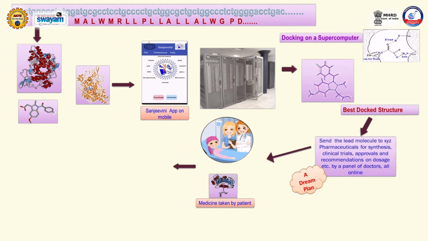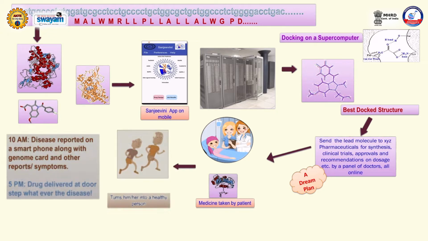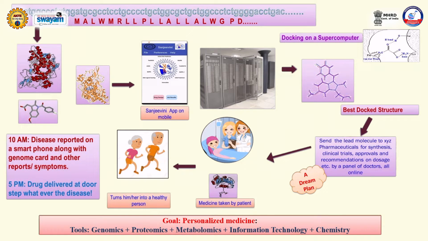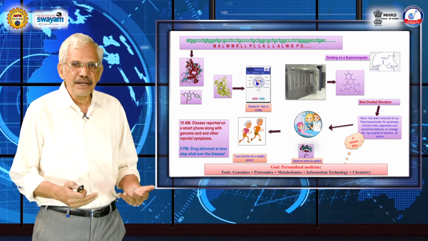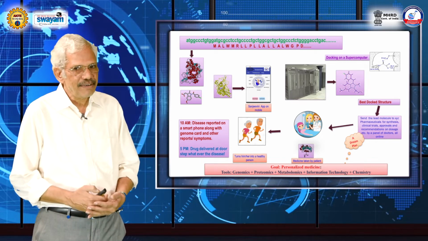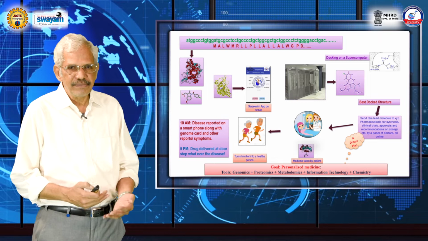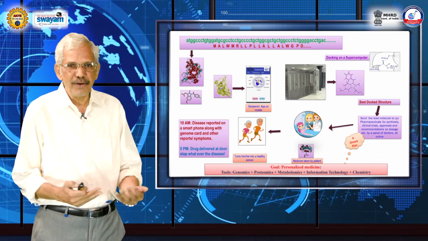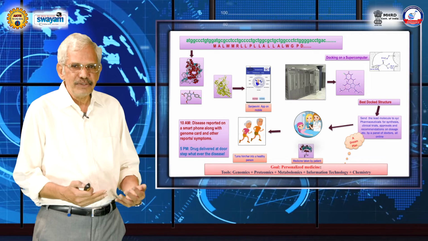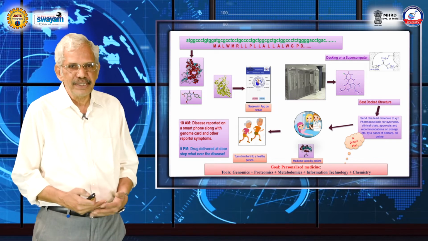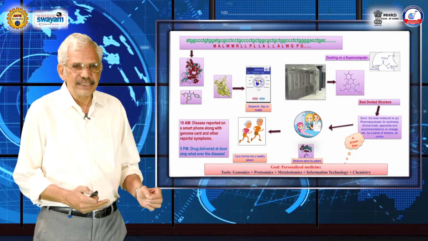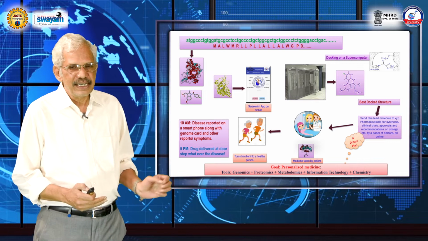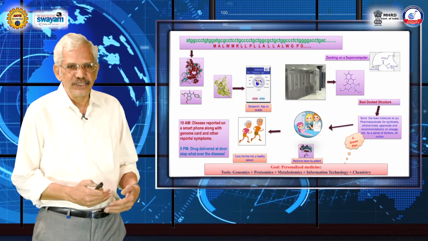Of course, it has to pass several safety tests such as toxicology. It should not be toxic to the human host, it should be easily synthesizable, it should be available, and have good bioavailability. There are several other little filters that one can apply. Now most of this can be done on a computer, and once you have this, you can have a panel of doctors, not necessarily sitting geographically in proximity, but all over the world, and the computer will email them your molecule and the target and the patient's symptoms and the records, and eventually the panel will say, well, this is the molecule, this is the dosage, and then the person is administered that, and he or she is running happily, jogging and so on.